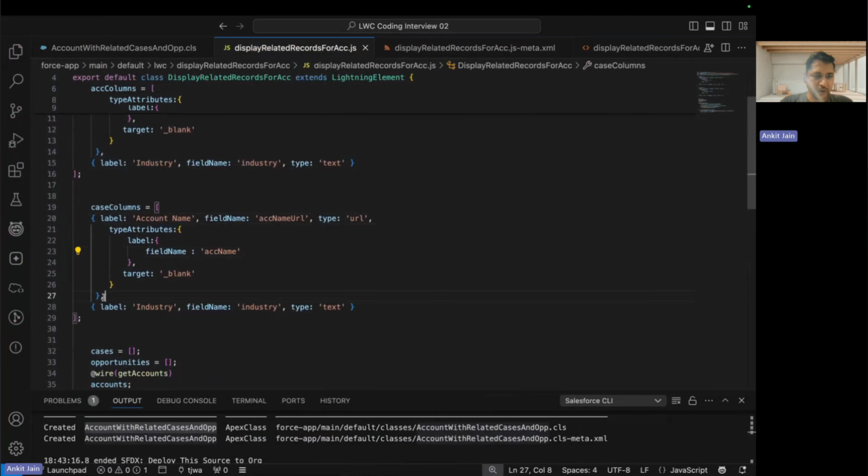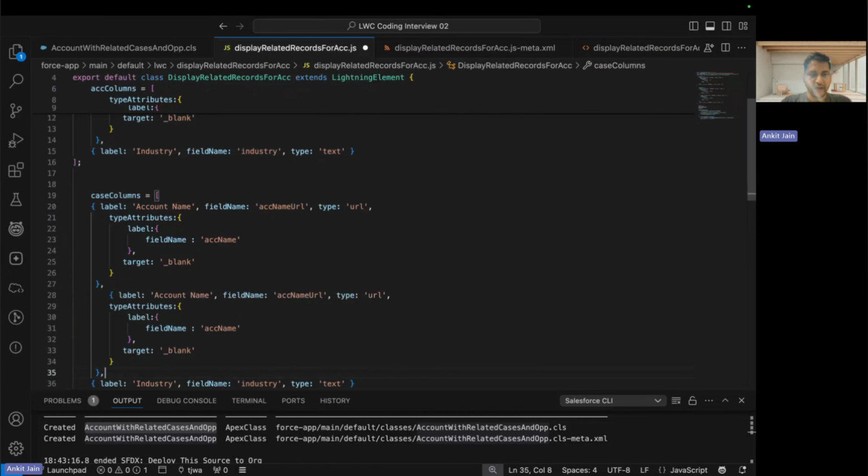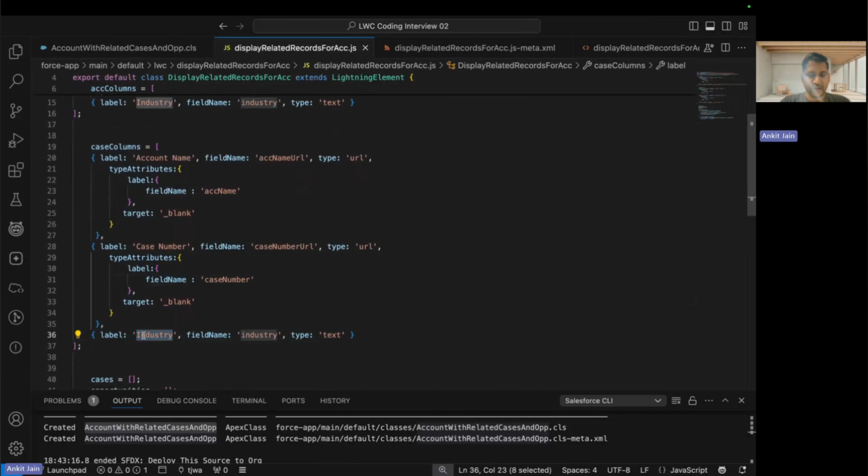Another thing that I want to put up here is the case number. So all the variable names that I'm putting up here will populate all those field names while creating the flatten array. Okay, so here I put the case number, where I have the field name as the case number URL, because this also we have to show in the form of the URL, and the field number I'm putting up here as the case number, and the last field that I am putting up here is the priority with the field name as the